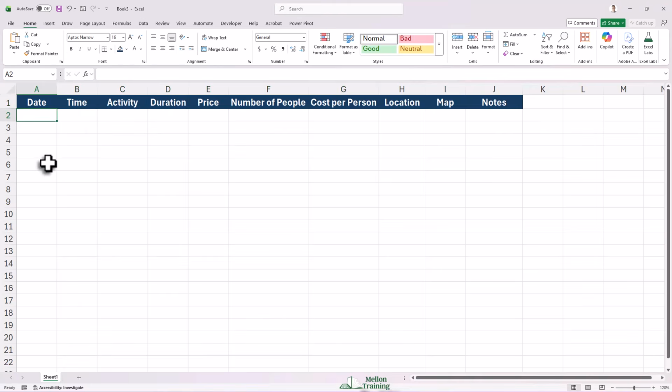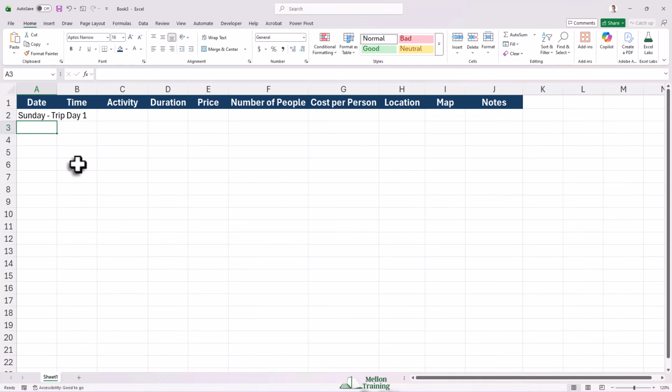Let's click on cell A2 and type Sunday, trip day 1. So, this is basically a section title. It's not an activity, and it's not part of the itinerary table rows. It's just there to make the sheet easier to read. Think of it like a headline in a notebook. When you're scrolling through a bunch of plans, it helps your eyes instantly know, okay, everything under here belongs to